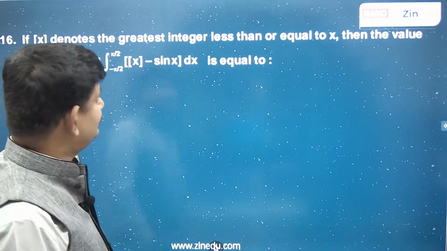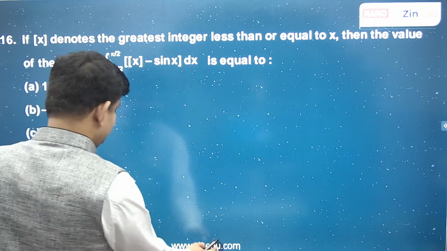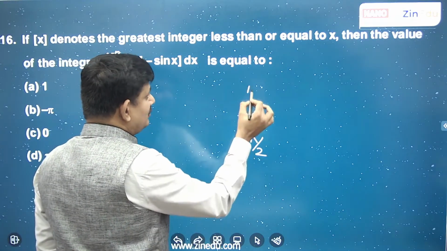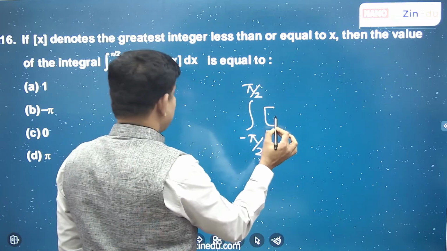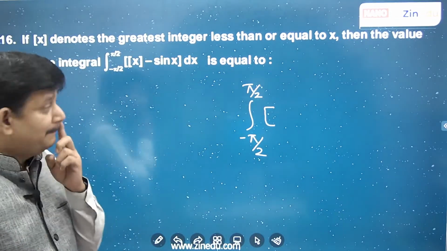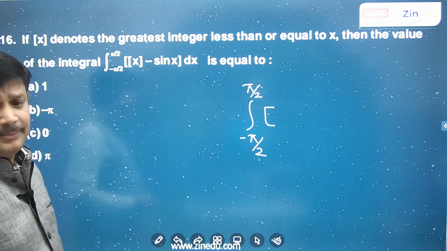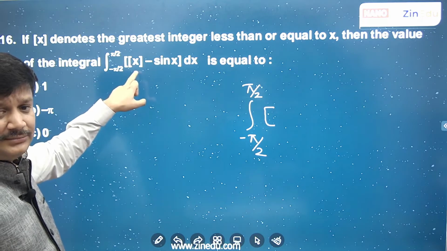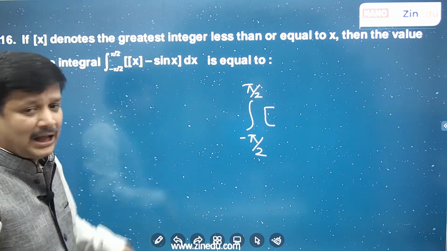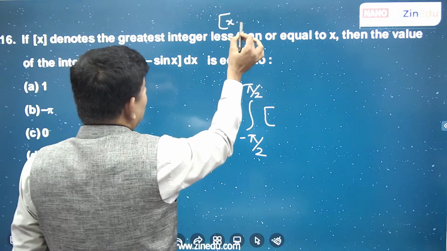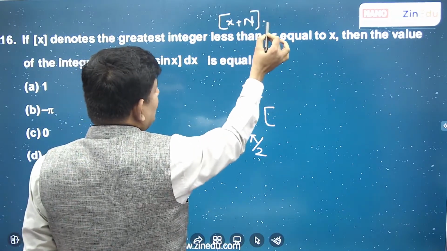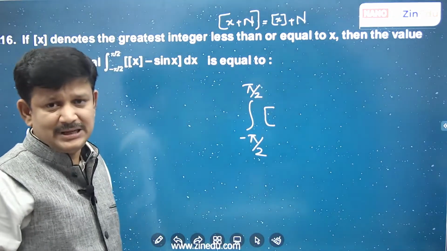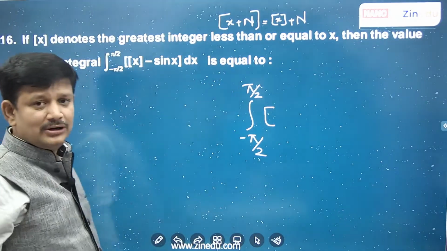Greatest integer part of the integral from minus pi by 2 to pi by 2. Whenever you have minus pi by 2 to pi by 2, see if you have even functions. But here it is neither even nor odd, and an integral part is there. Here the integral part of x is an integer, and every integer you can bring out of the integral part happily. So if you have the integral part of x plus n, and n is an integer, you can happily bring it out and write it as integral part of x plus n. That will make this crooked looking question into an easier one.